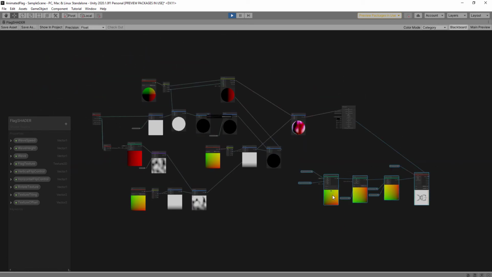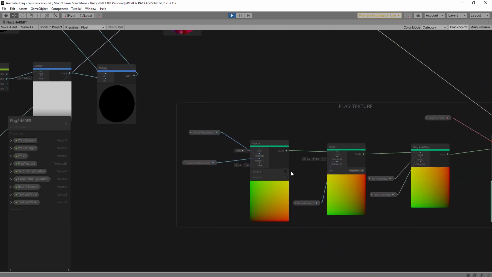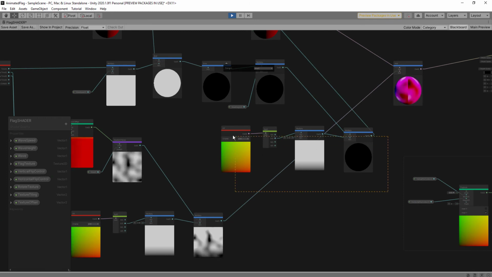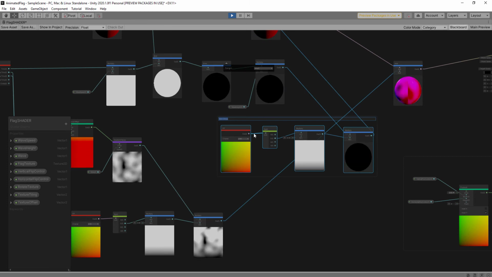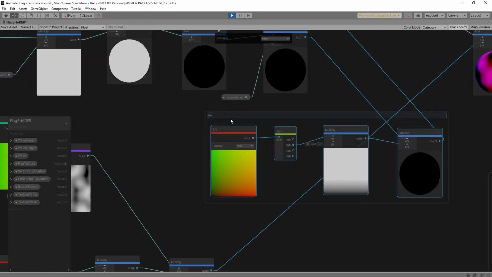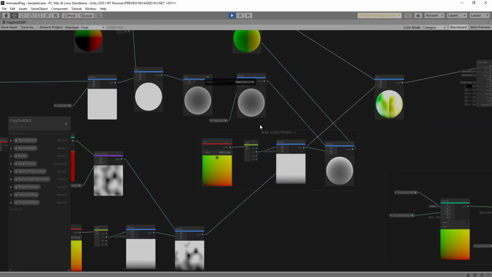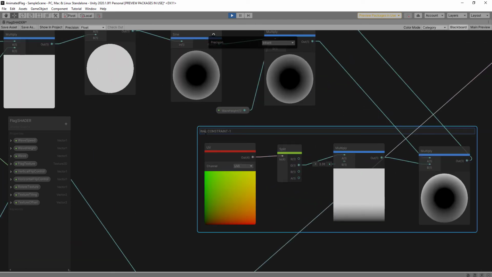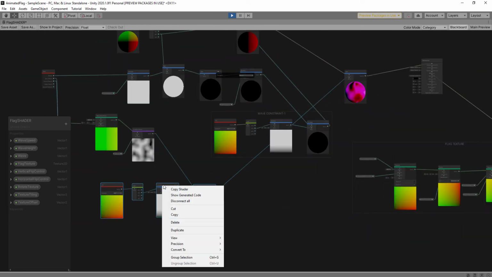This is texture, you know, right click, group selection, flag texture, as you see, and this one, group selection, wave constraint 1, yes, sorry, yes, and this one, second wave constraint,